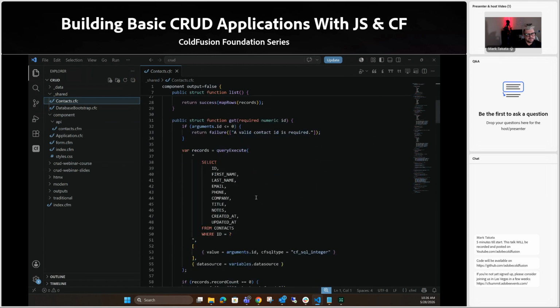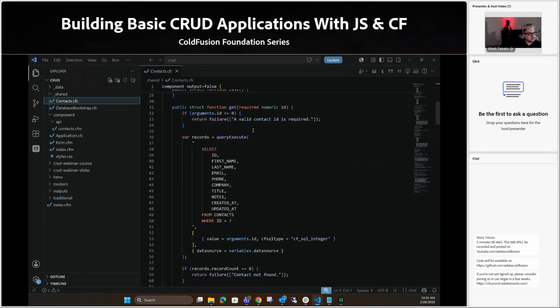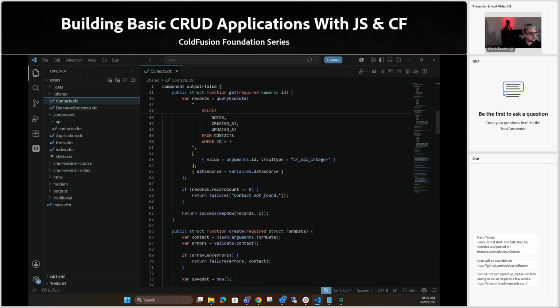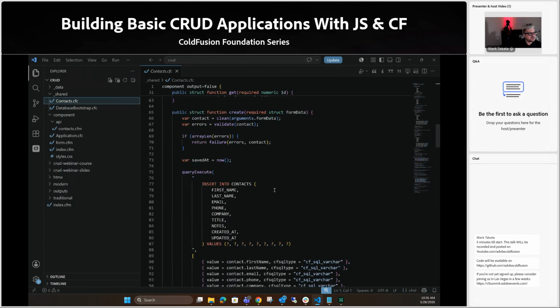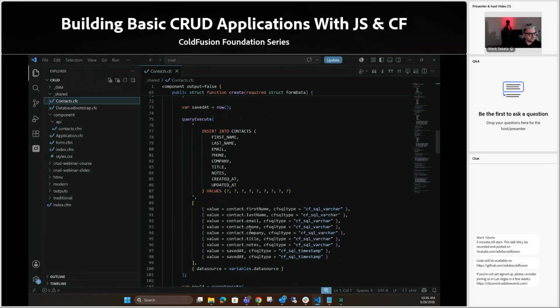I've got a get here, and the get has a required ID, and that ID is going to get a single record. Or a creation, an insert. There's your insert again, right? All these things should be familiar to you. We did all this in the traditional, but now this lives